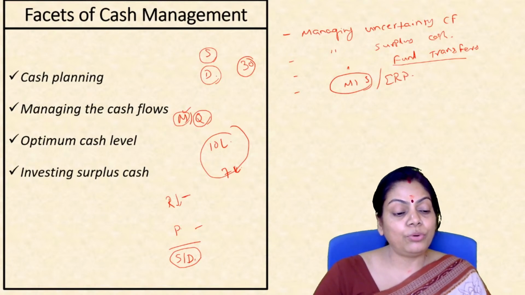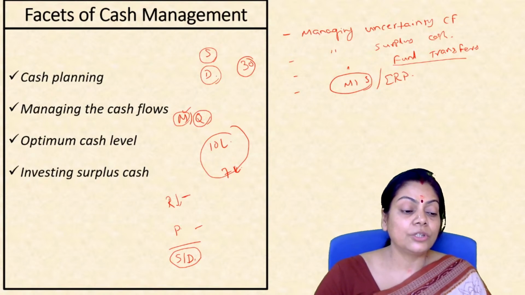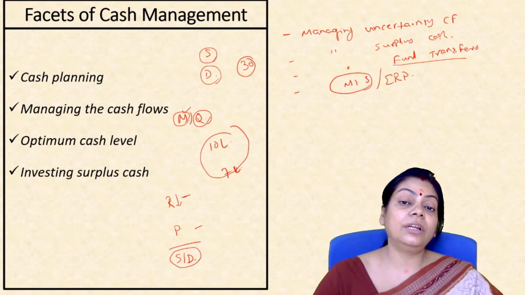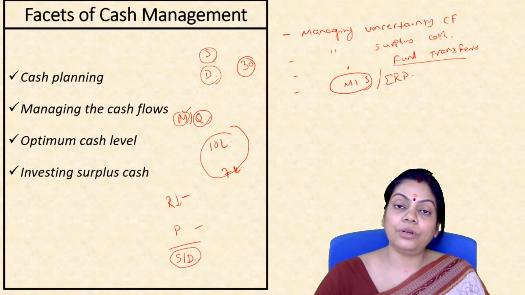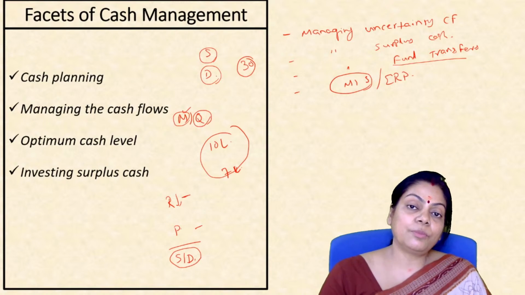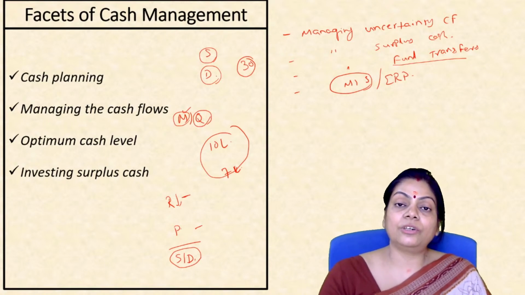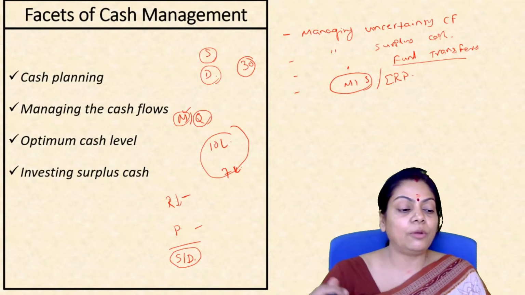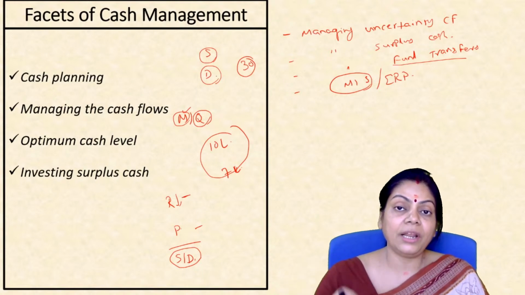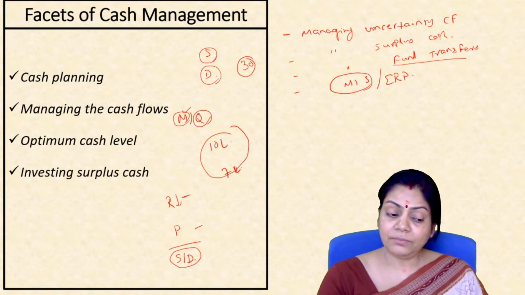So what will you do in the MIS system? You will prepare the daily reports. In a daily report, you can have the daily cash report: this much came in, this much went out, so this is today's position. The actual cash flow, the budgeted cash flow, everything will be monitored on a daily basis. So you can generate daily cash reports based on that.